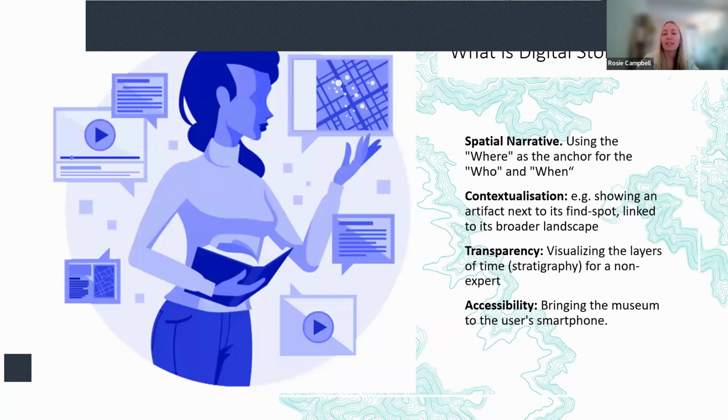Digital storytelling in the context of archaeology and heritage is more than just putting a map on a website. It's really a methodology that uses multimedia, so GIS things like maps, but also 3D models, audio, archival images, and video in tandem with this spatial data to transform what are often dry or complex data sets that we use into more of a compelling narrative for the public audience.